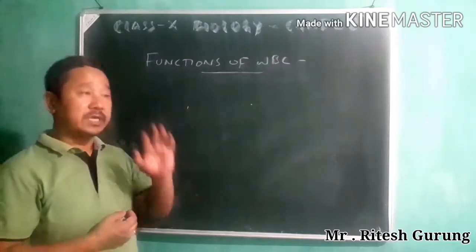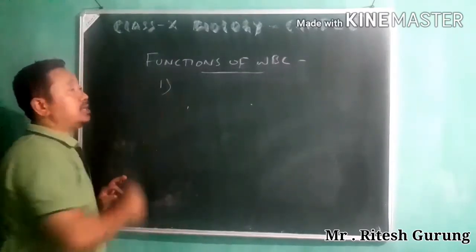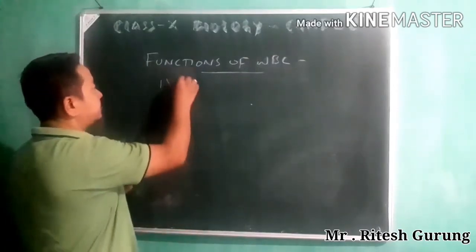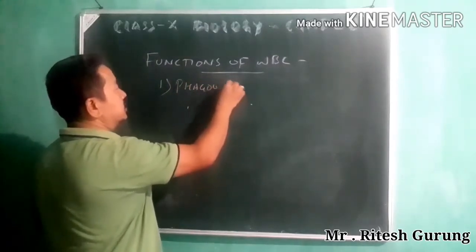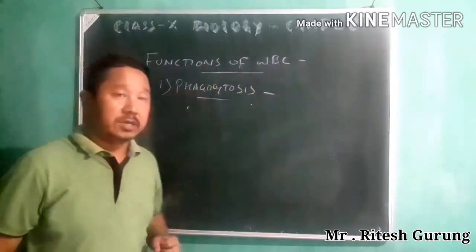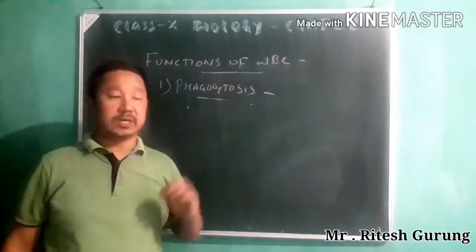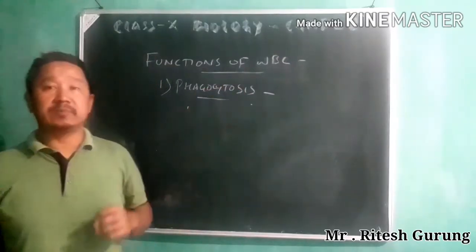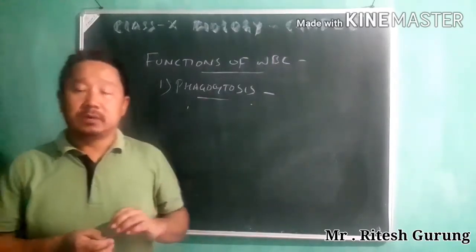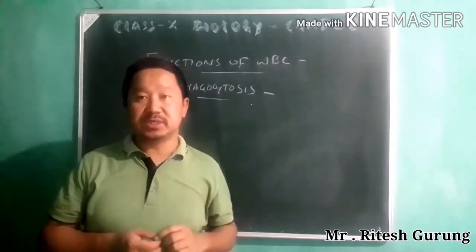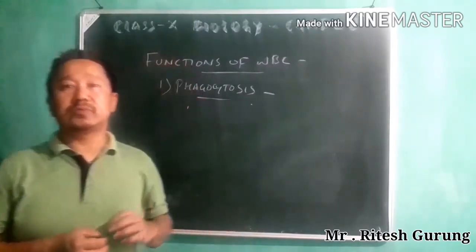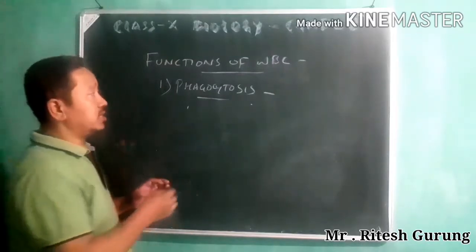Let us talk about it. There are three ways. The first one is phagocytosis. What is that? Phagocytosis is the first type of function it does, which is also a kind of defensive mechanism. Most of the WBCs, in fact, but particularly neutrophils,